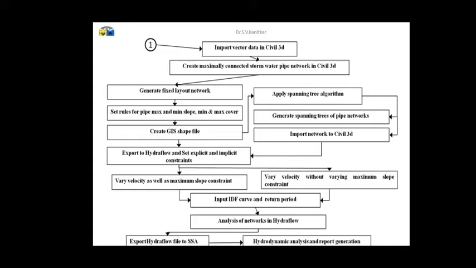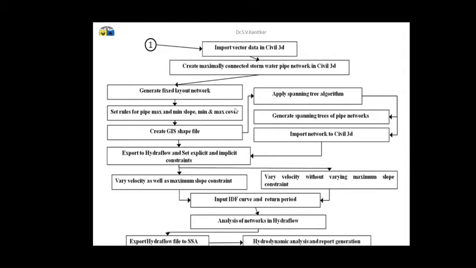At the same time, when you assign a contributory area, you can assign runoff coefficients based on the land use, land cover, as well as other parameters that may be required for the catchment to work out the